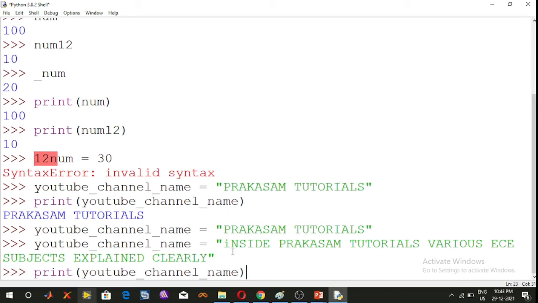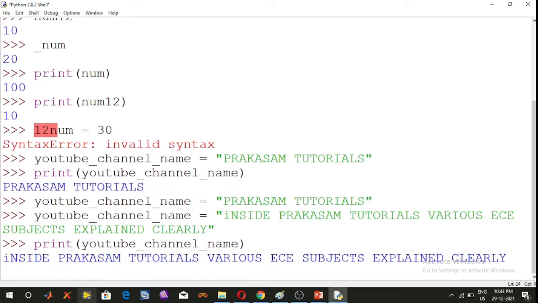So use the print statement, YouTube_channel_name, press the enter button. So in place of the Prakasham tutorials value, the new value, Prakasham tutorials various ECE subjects explained clearly, will be displayed.